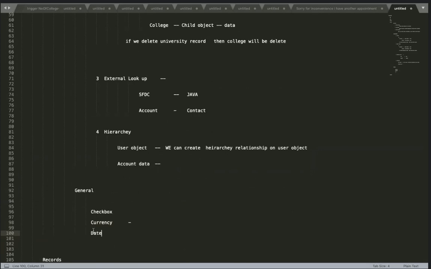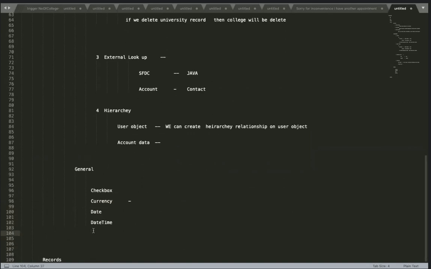You can see the date and time. Next, you can see the number.